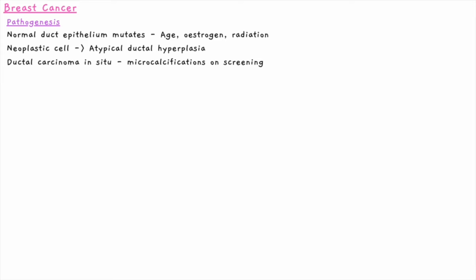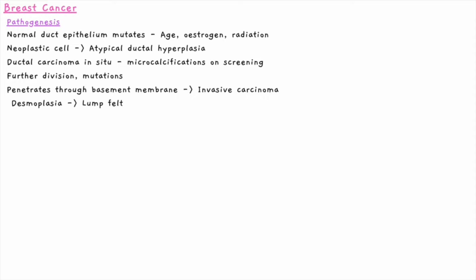But when this duct epithelium mutates, you get a neoplastic cell, and this leads to atypical ductal hyperplasia. So there's increased division of the cells, so hyperplasia, and it's abnormal or atypical. Because at this stage it is confined to a specific area, it's ductal carcinoma in situ. However, you can still pick up microcalcifications on screening, but it won't be large enough to be felt as a lump just yet, which is why screening is so important in picking up these cancers early before they can really